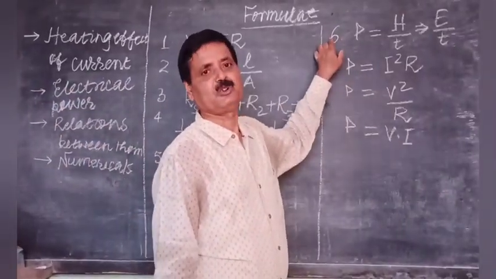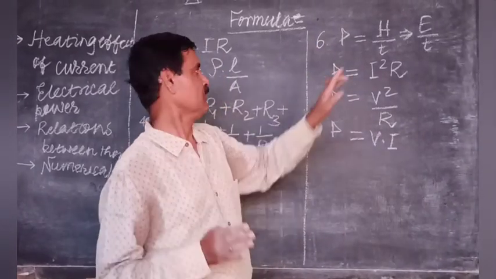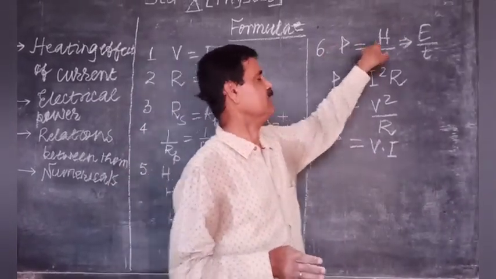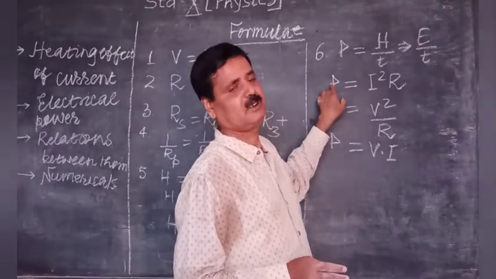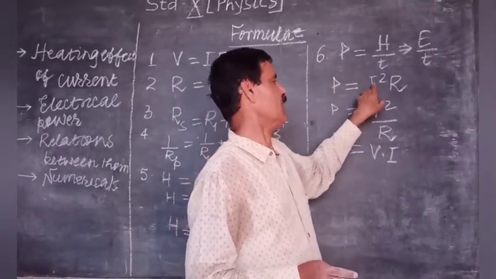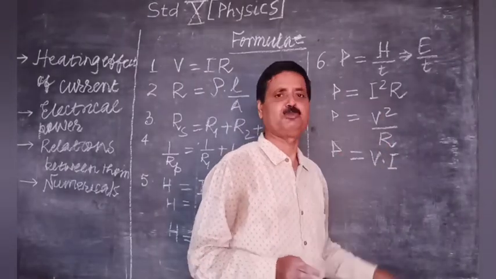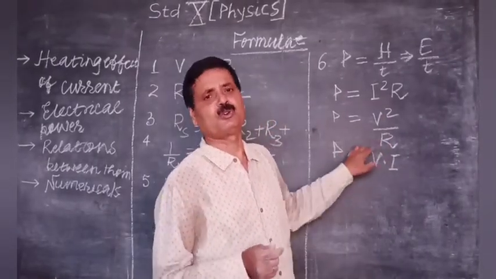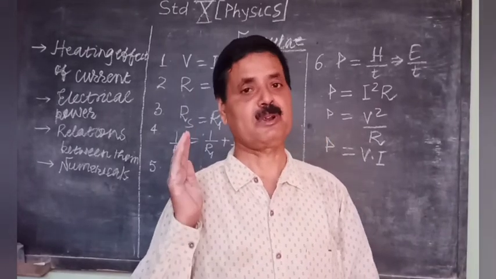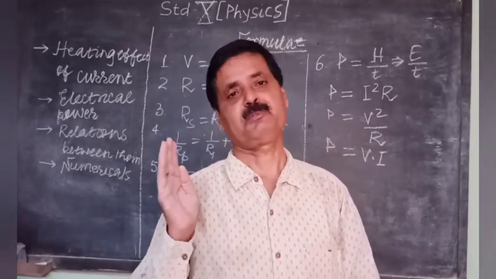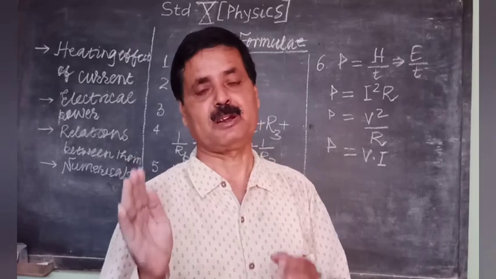And last is your electrical power. This electrical power can be written in this form. First is, this is equal to I square R, second V square by R, and third one is V into I. So children, try to remember all the formulae that will be used to solve the numerical problems in the